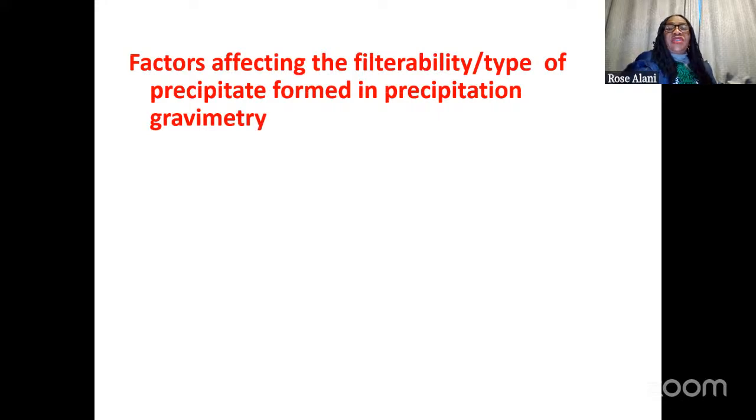There are certain factors that affect filtrability and the type of precipitate that is formed in precipitation gravimetry. There are certain factors that affect this, and we want to look at it now. After admitting these people here, we'll look at it. Okay. So